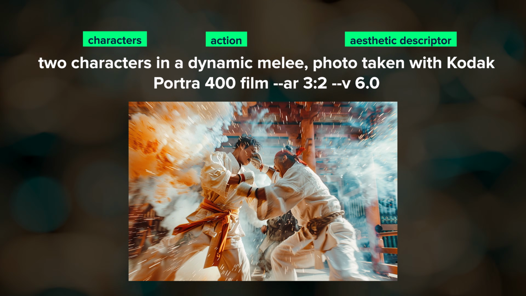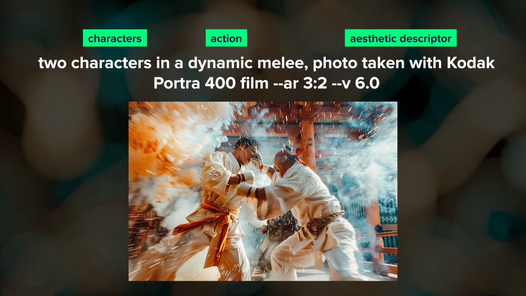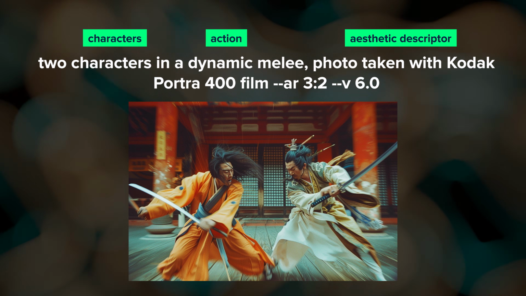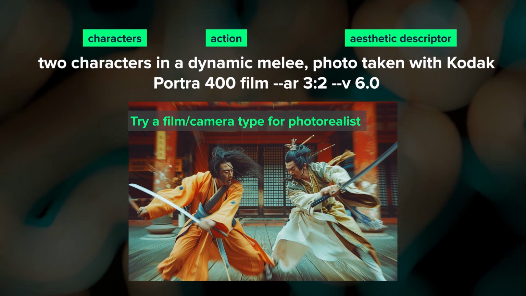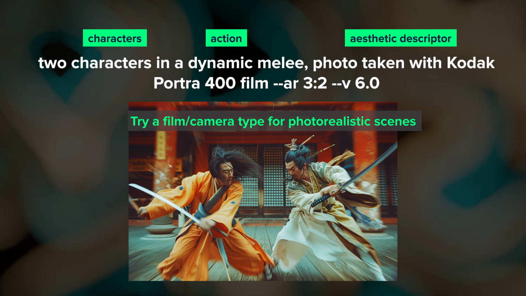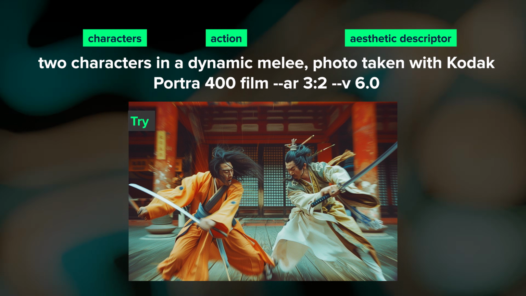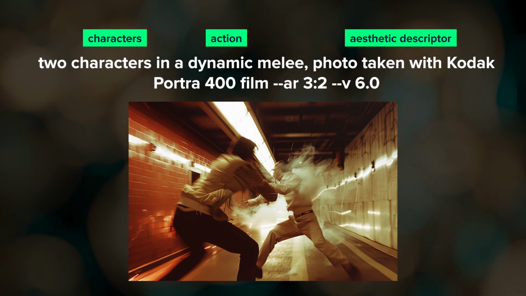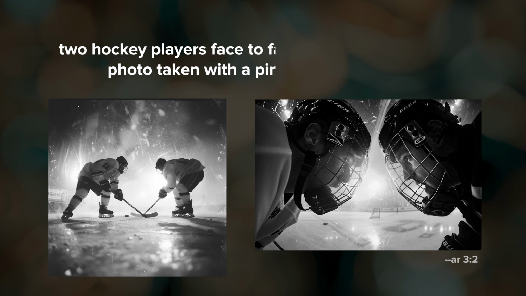Here's another example. This time the action is a dynamic melee, and the aesthetic descriptor is photo taken with Kodak Portra 400 film. I found that including a film type can be really helpful for generating higher quality photorealistic action scenes, and I really like the motion blur effect on this one. I'll share a few other ways to get higher quality images in a minute, but we can also apply this